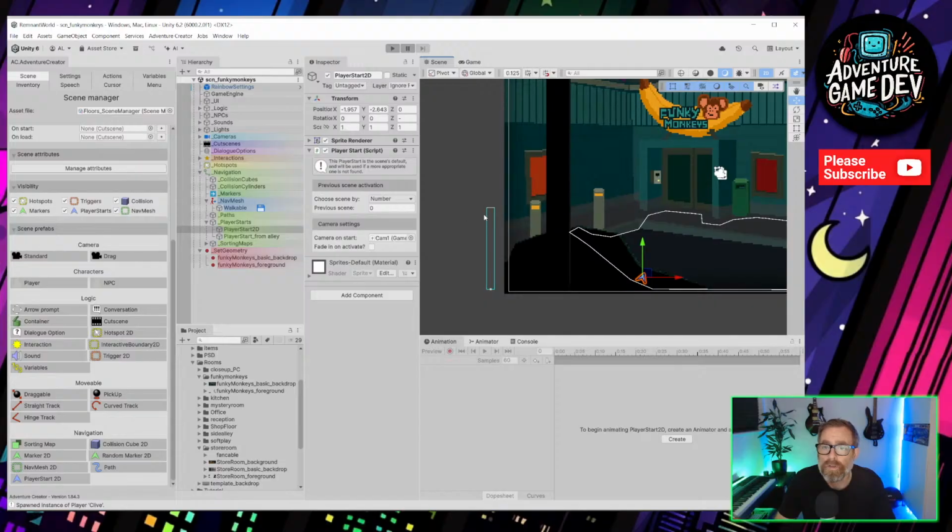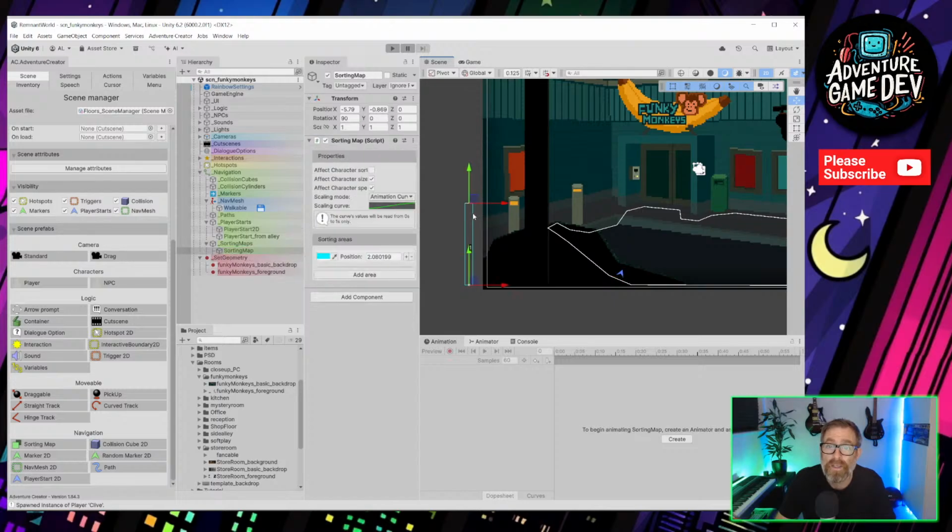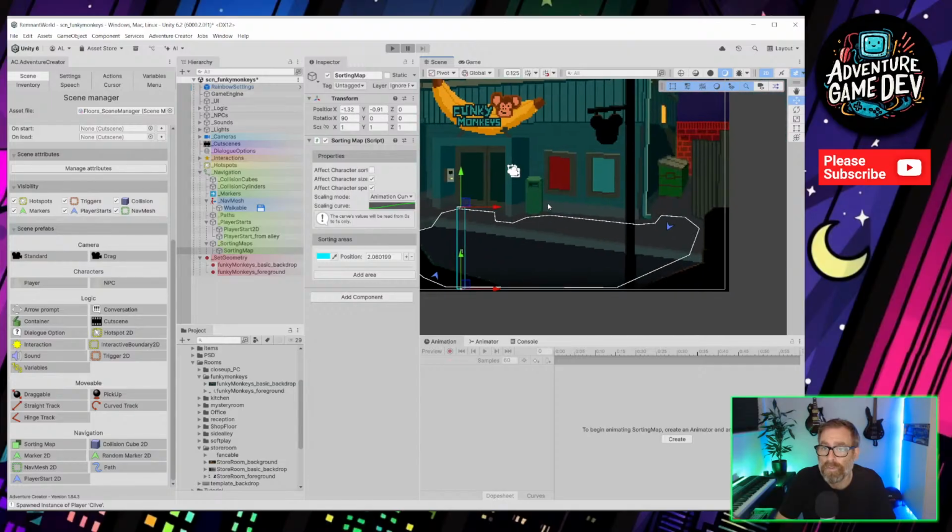Now we need to sort the scaling, because it's going to be really weird here. We want him obviously to be the size of a door in there. This is our little tool for doing that. So at the bottom we set a percentage of his height, and a percentage at the top, and you just kind of imagine a line across here. So he's going to be the same scale here as he is here.